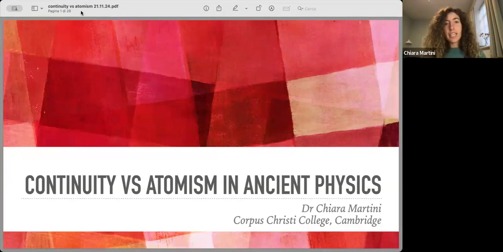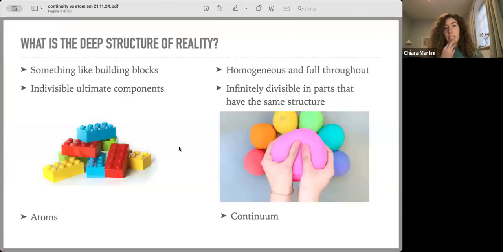We're going to talk about continuity and atomism in ancient physics. So what that means is that we are going to have a look at two very different theories about the structure of reality. Basically, the question that we are going to ask is: is there something like ultimate building blocks of